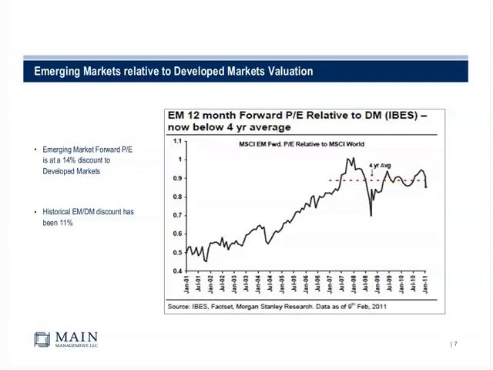You can also see from this slide at the bottom in the fourth quarter of 2008, so at the bottom of the crisis, the emerging markets actually traded at a 30% discount. And that was preceded at the peak in the summer of 2007 when they traded at a 1% premium to the developed market. So again, from this, it gives you an idea that you're slightly below a historical valuation.